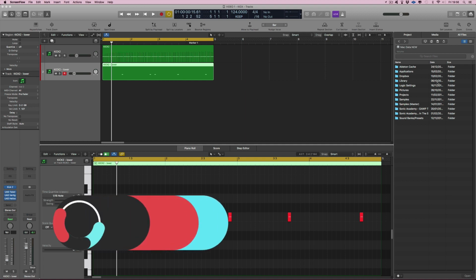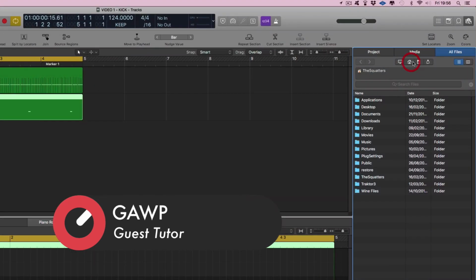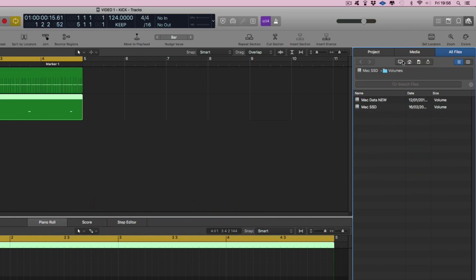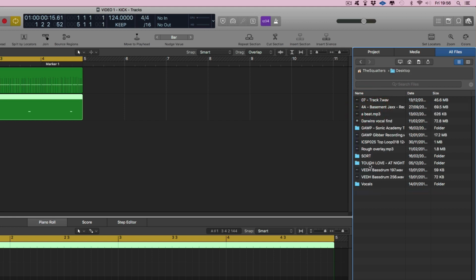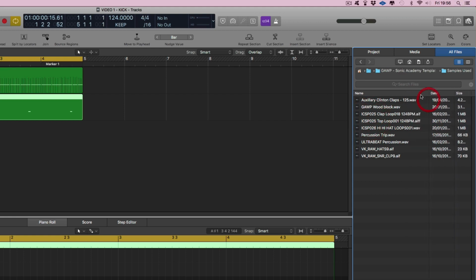Right, what I'm going to show you before I start is a little tip I found out the other day, a little shortcut which really helped me. Normally I'm always clicking on different things, looking for bits and pieces and folders on here, and I figured out that if I go to desktop and find my folder where my samples are, this is the one. So they're in there, but if you right click up here and